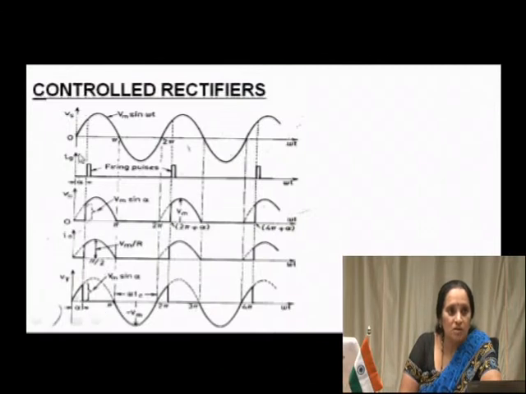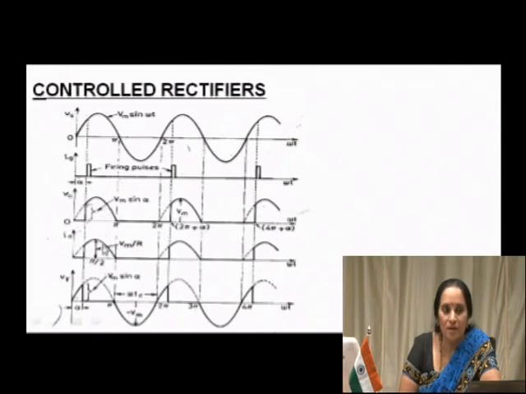The remaining portion of the AC will be across your load resistance. V0 is the voltage across the load resistance. Almost all the remaining AC will appear here and it will be passing through the load. The current waveform also, it is a resistor. Please see, the waveforms of current and voltage in a resistor are in phase.